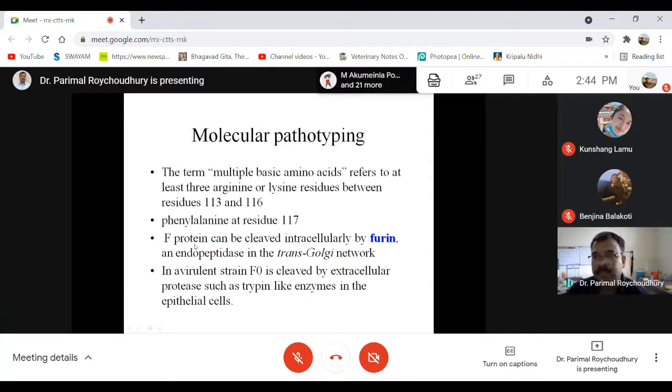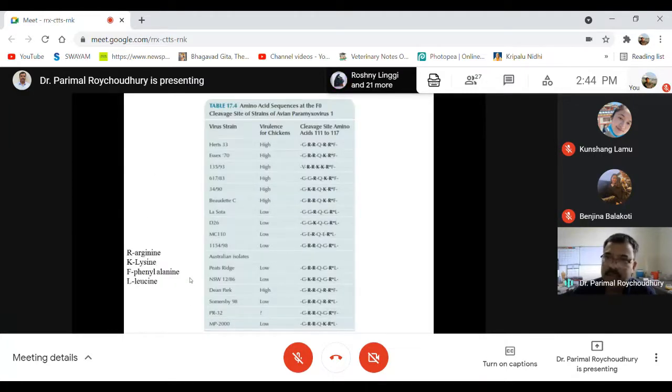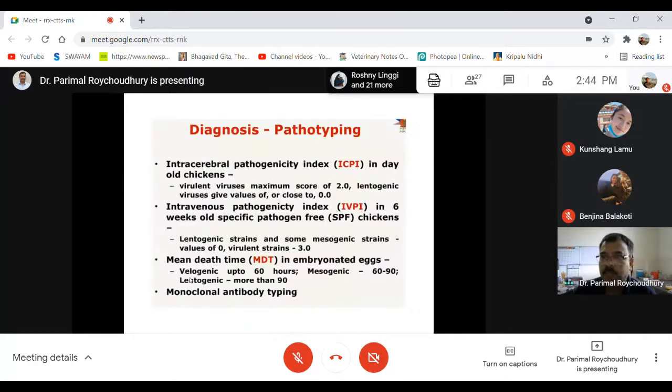Well, there is a process of molecular method to pathotype it, and on the basis of the fusion proteins, we can say whether it is a velogenic or a lentogenic strain. So at this stage, we'll not discuss much about it. Now, the conventional pathotyping systems available for Newcastle disease virus, one is called ICPI, intracerebral